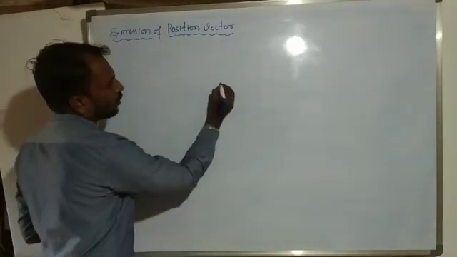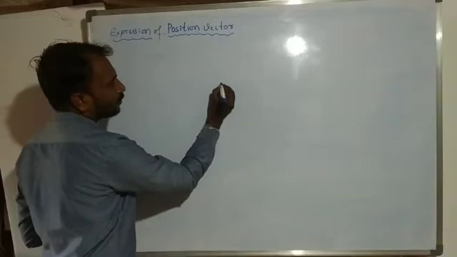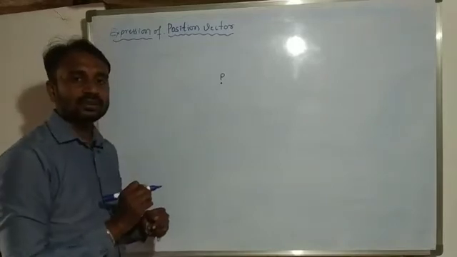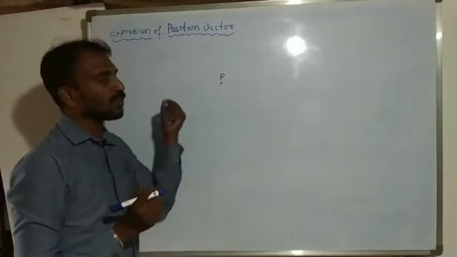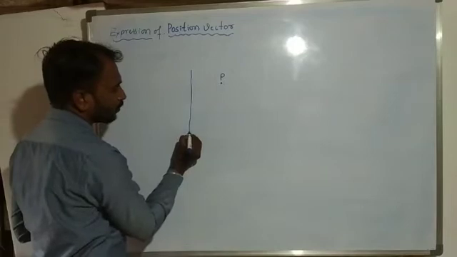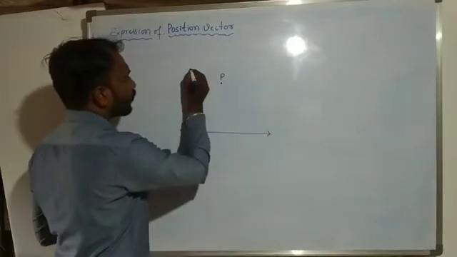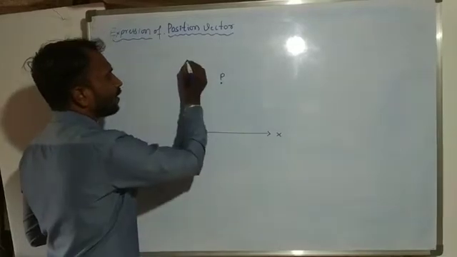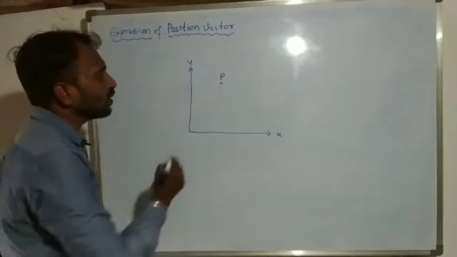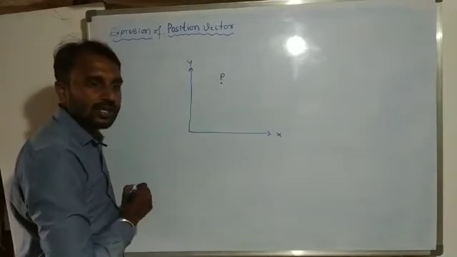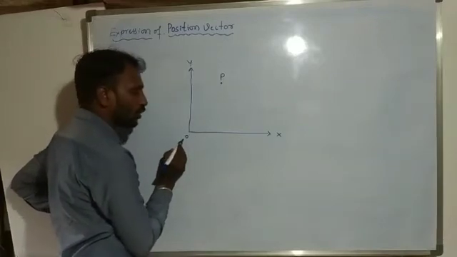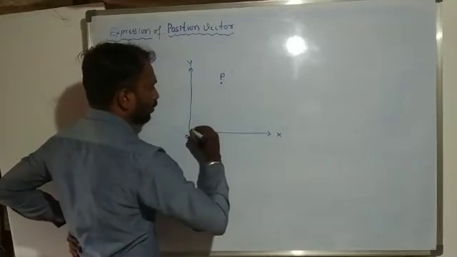Here, suppose this one we consider as a particle P. This particle is present in a coordinate system. It means this particle is present in a plane, the XY plane, with X axis and Y axis. Here we want to find out the position of the object. For this reason we consider one position vector. This one starts from the origin up to point P.